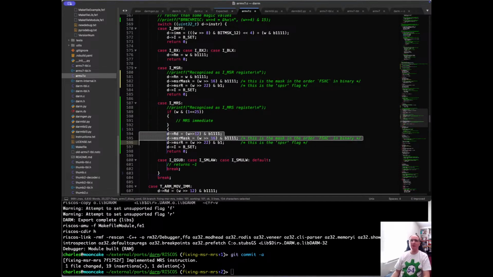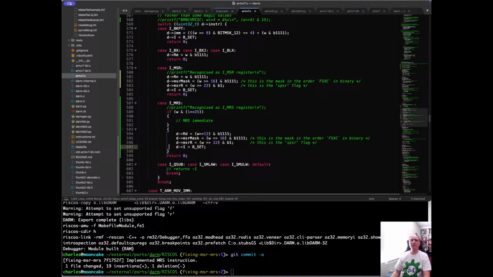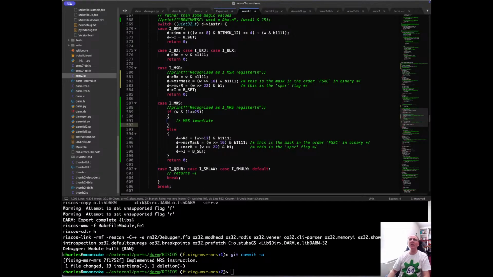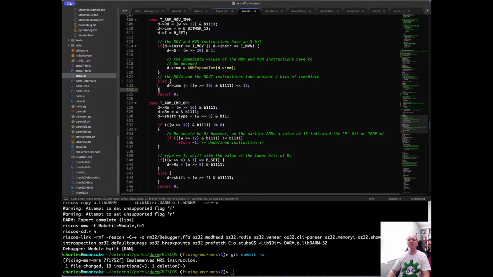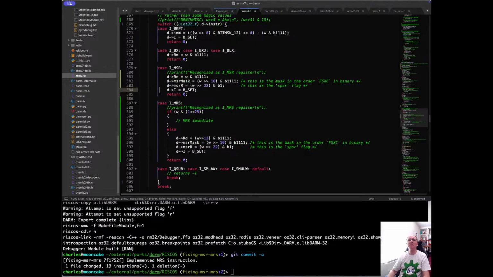So this is when it's register based. I don't know what that I means. And left it alone. Oh, hang on, is I set meaning interrupt? Don't know. Not sure about that. However,